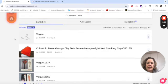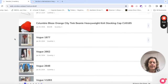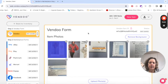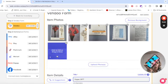Now what I did is I've enlisted my youngest son to help me with this. I hired him basically to do this. So what he does is he opens my app and, well, first of all, he takes my pictures of these sewing patterns. So these are all his pictures. So he takes pictures of this, he opens the app,